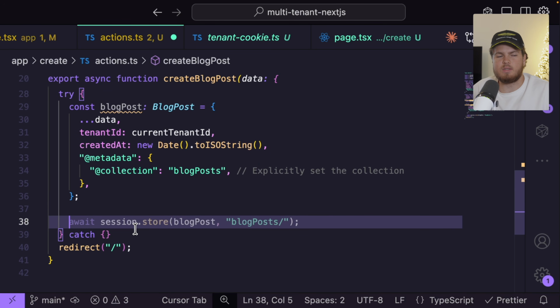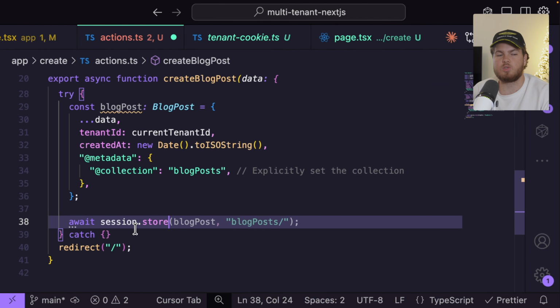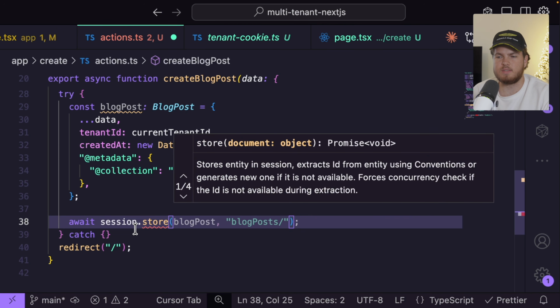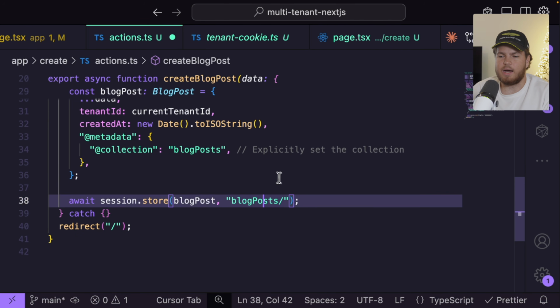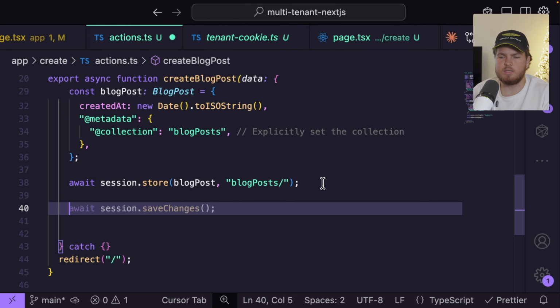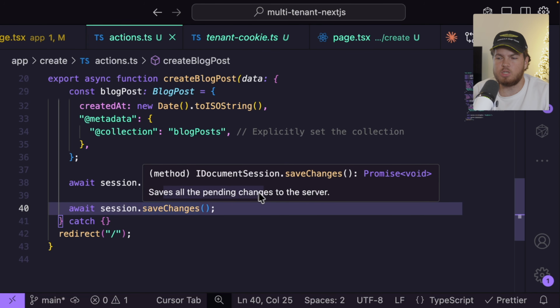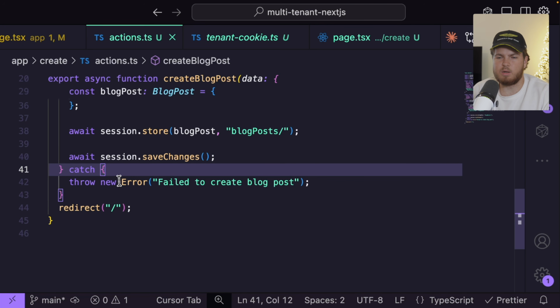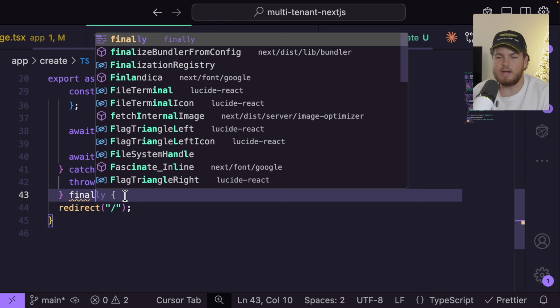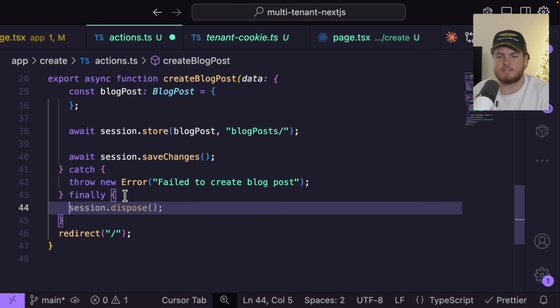So since we now constructed our blog post, we can also add this data to our database. So let's say await session.store, since we want to store data, and I will pass two arguments, the blog post object and then also the ID, blogposts/. After that, the last step is to save the changes. So let's say await session.saveChanges. And this saves all the pending changes to the server in an atomic way, which is super cool. So in the catch statement, I will just throw a new error, and let's also create a finally statement. And in the finally statement, we will dispose our session. So let's say